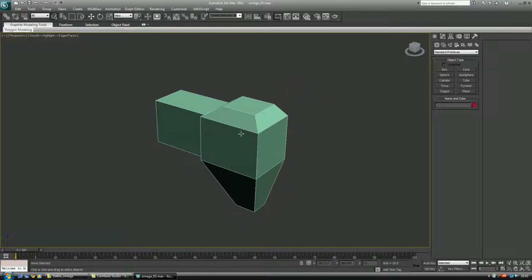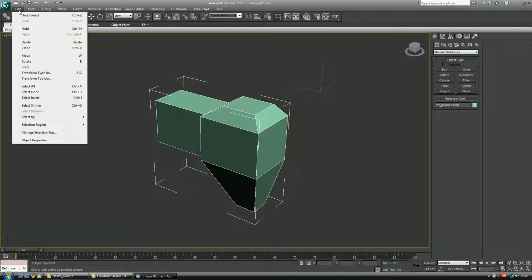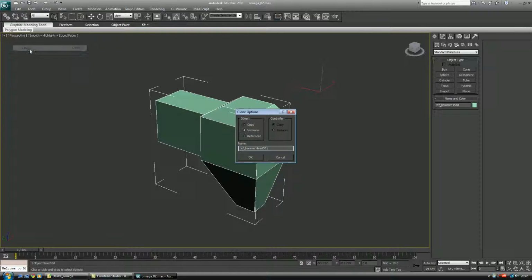So the first thing I want to do is just make a clone, a copy of this object. I'm just going to go in here into the edit menu and select clone, or as we saw there, Control V, sorry, can do that as well. And I want to make a copy, not an instance, because if it's instanced, any changes we make to the copy will also reflect on the original version, and we just want to keep our scaffold as a reference. So we're going to make a copy, and we can put in a new name here. Let's just remove the numbers and remove the ref part so we know that this is just the hammerhead,